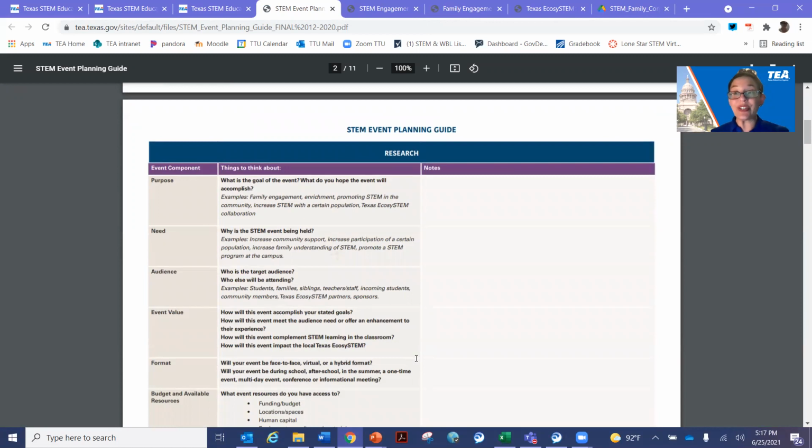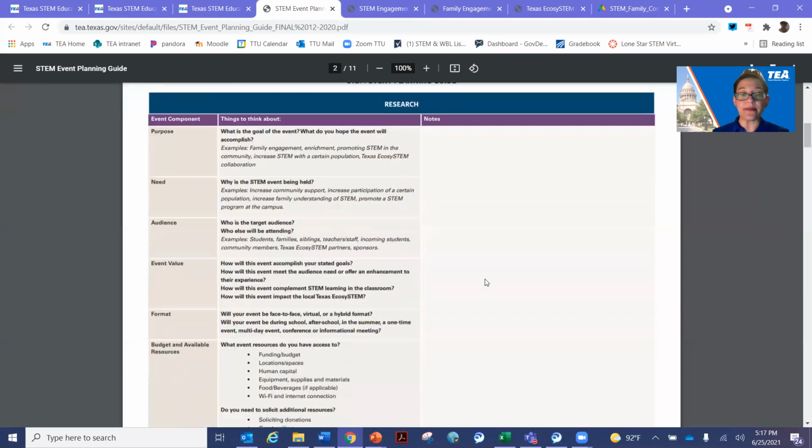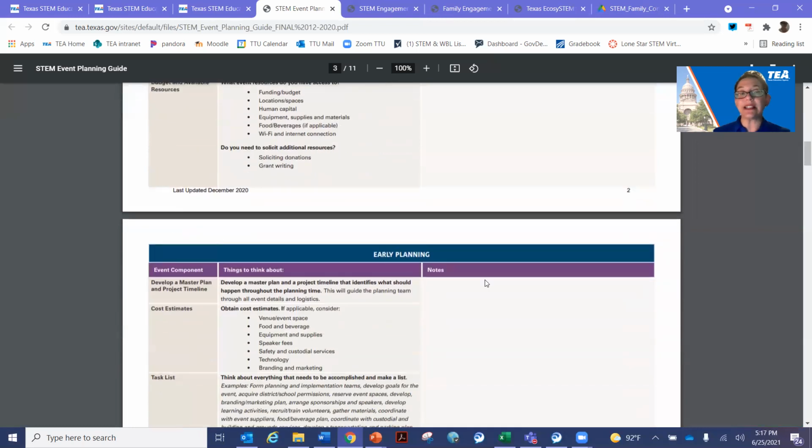But whether you're doing the event planning as a teacher, which oftentimes happens, or an administrator, or maybe you have a parent or a PTA president who wants to host an event and maybe does not have experience in event planning, this is a planning guide, and it helps outline the big ideas,